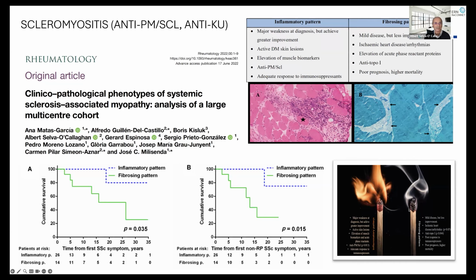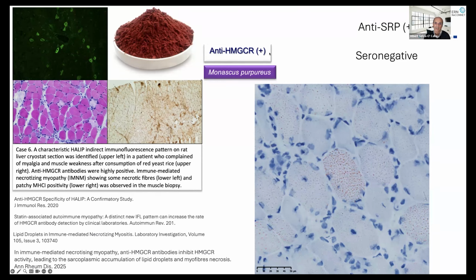We are talking now about immune-mediated necrotizing myopathy, that may appear in those patients with anti-SRP positive or anti-HMGCR. These subjects are those who have been treated with statins. So anti-HMGCR and anti-SRP are important because in this scenario, it's not absolutely necessary to perform a muscle biopsy. You can diagnose the patients without an invasive procedure, that is, a muscle biopsy.